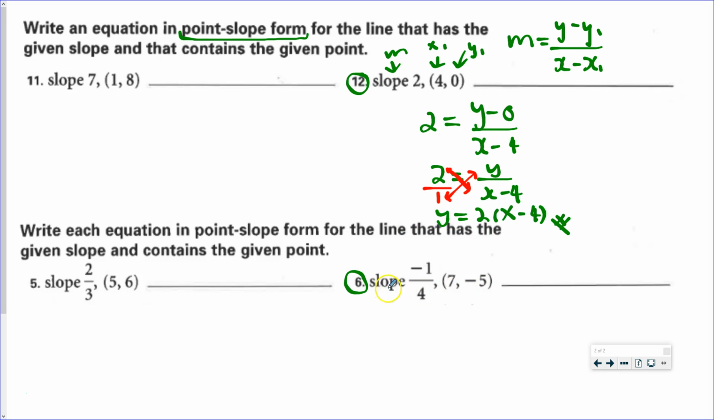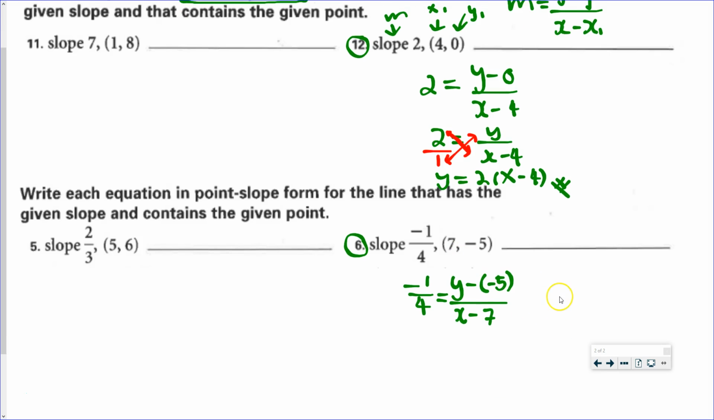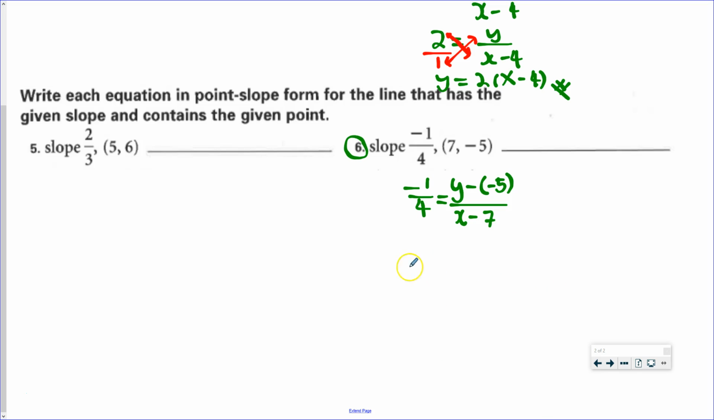The other one, let's do this one. The slope this time is a little bit different. It's going to be negative 1 over 4. So my m is going to be negative 1 over 4 is equal to my y minus a negative 5. So be careful about that. Minus negative 5. I have x minus 7. So I'll get into, let's roll this down a bit. So negative 1 over 4 is equal to y, 2 negative, turns to the plus,